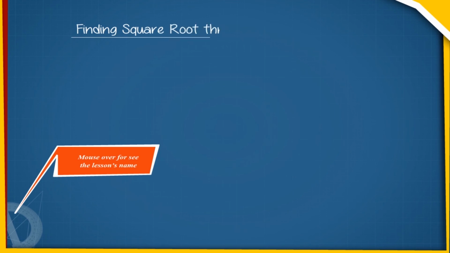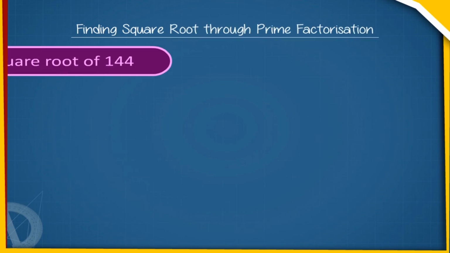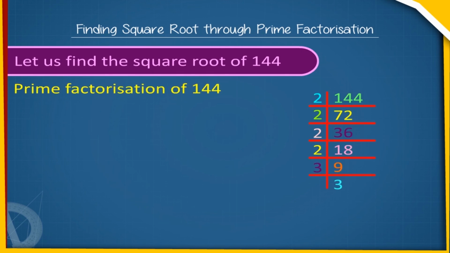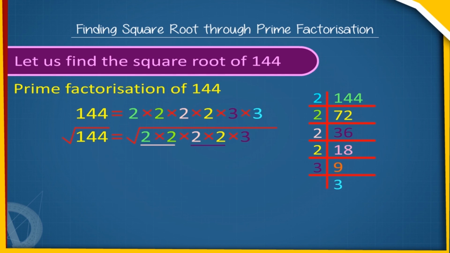Finding square root through prime factorization. Let us find the square root of 144. The prime factorization of 144 is 144 equals 2 into 2 into 2 into 2 into 3 into 3. So, square root of 144 equals square root of 2 into 2 into 2 into 2 into 3 into 3, equals 2 into 2 into 3, equals